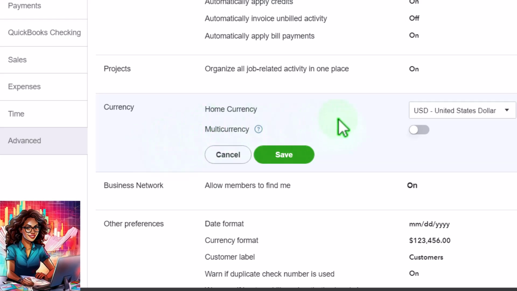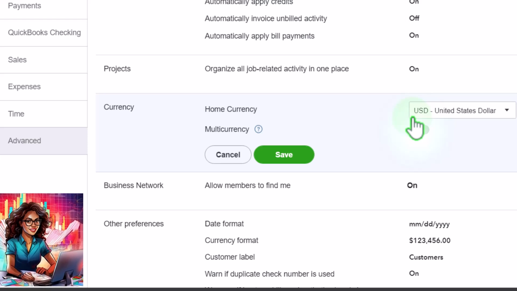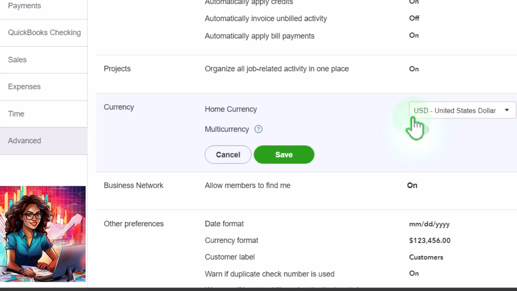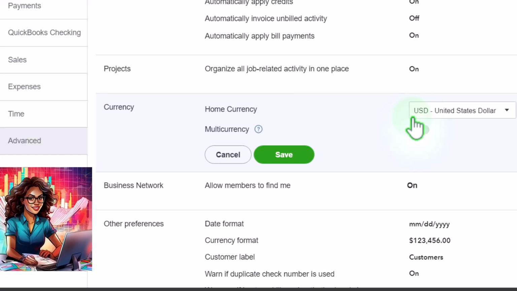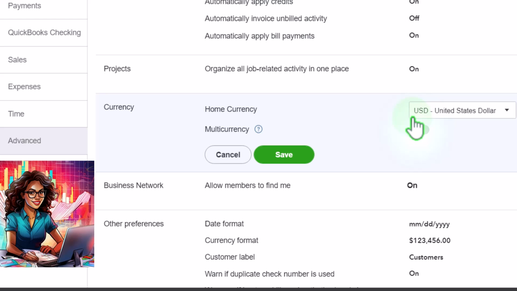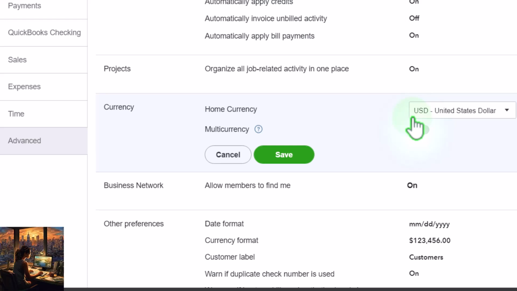Currency. So home currency, we're going to use the United States currency. If you're in another country, then obviously the double entry accounting system will always be the same. It's universal. But the things that will change are the currency. So if you want to use a different currency, that's not going to change the data input format generally. You should be okay to do that if you're more comfortable with that. But taxes will change. So when we get into the taxes, they are going to be specific to location. Taxes typically fall into the taxes for the government, which might be a consumption tax, which we call a sales tax here, and